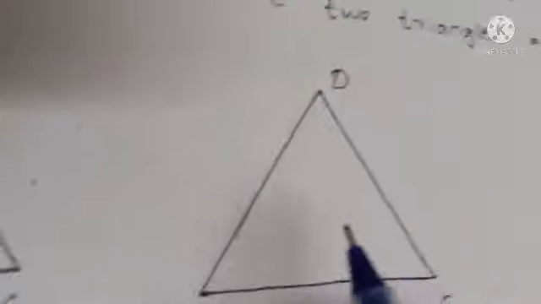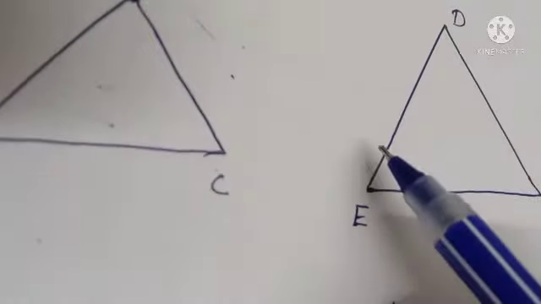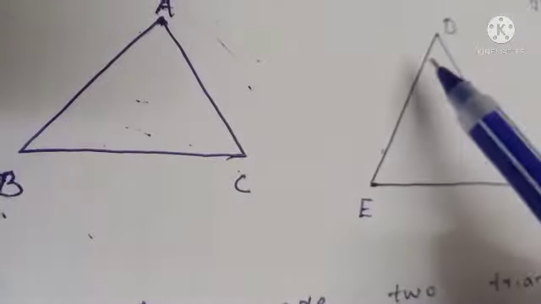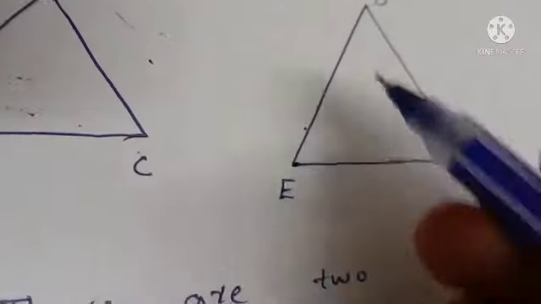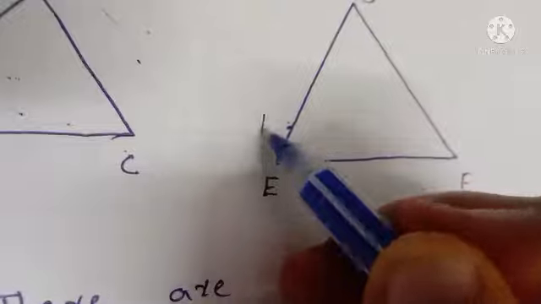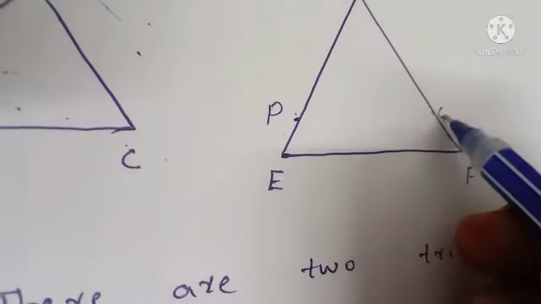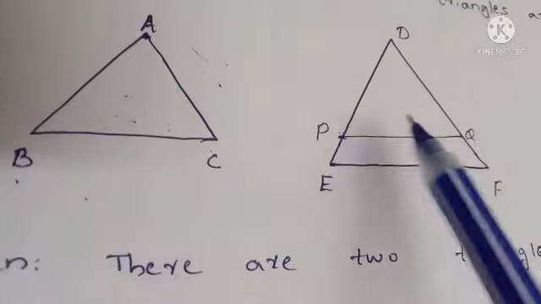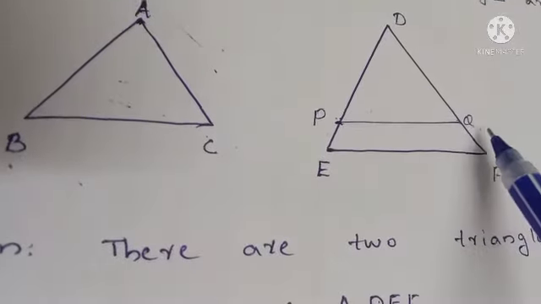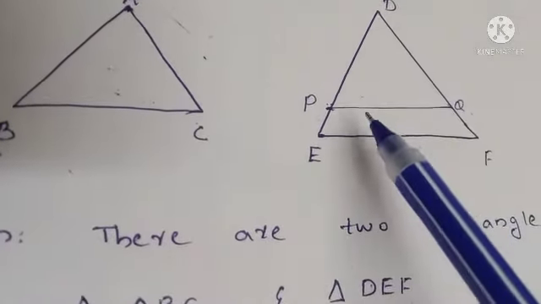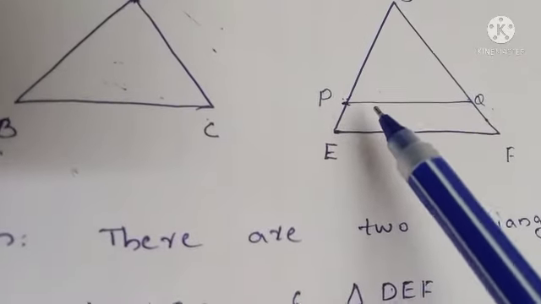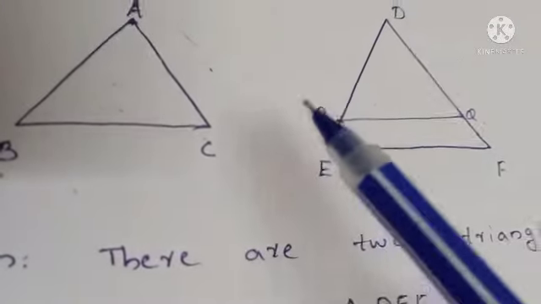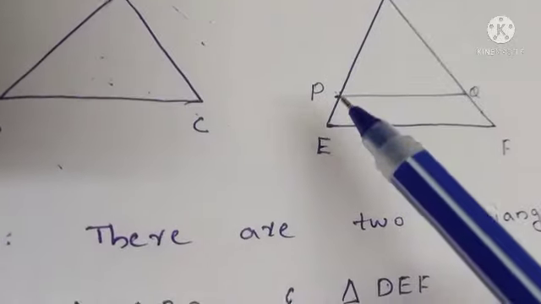So here in the figure we have to mark two points, P on the side DE and Q on the side DF, such that AB equals DP and AC equals DQ, and join PQ. So this is P, this is Q, then we join the points P and Q. Now these are the figures. In the last theorem, that is the AAA similarity criteria, we used BPT or Thales theorem. But here we have to use the converse of BPT or the converse of Thales theorem.